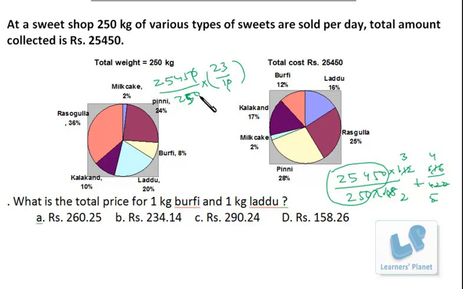Or you can eliminate, in fact, this 0. I just put 10 over here, and this 0 I cancel with this 0. So it is 2545, I just rewrite it, but you don't rewrite in examination. I'm writing it for you only. 2545 by 25 into 23. We are not further considering this 10, right? So this is our calculation.